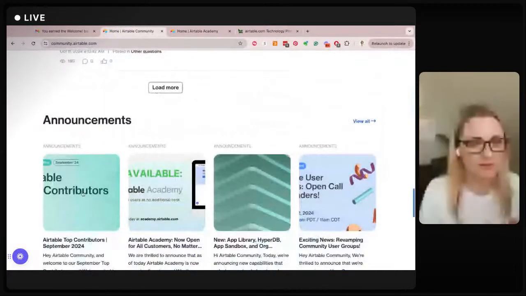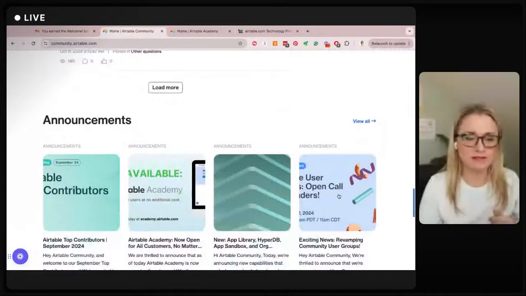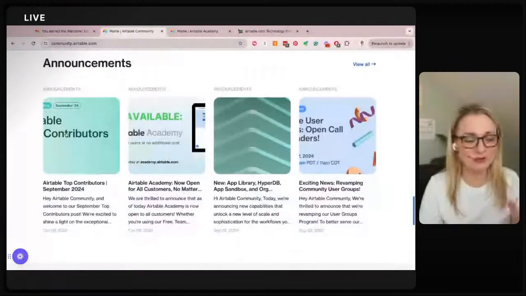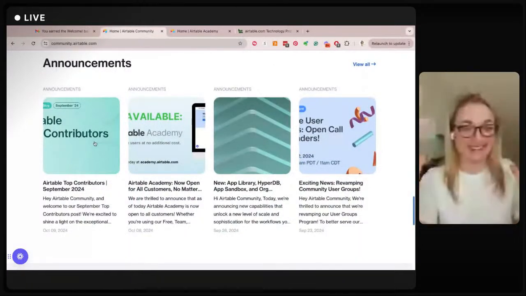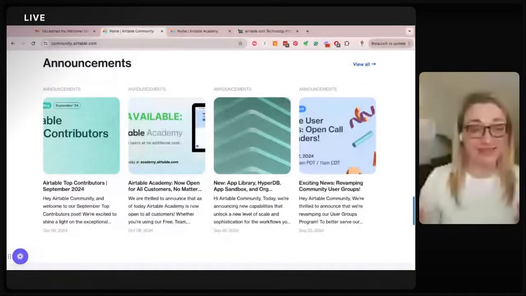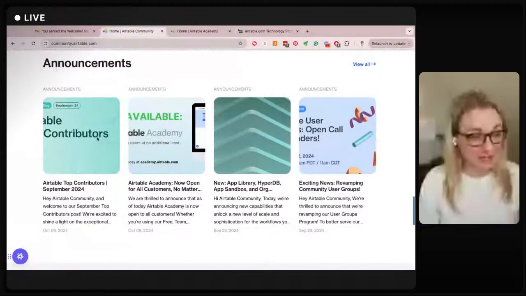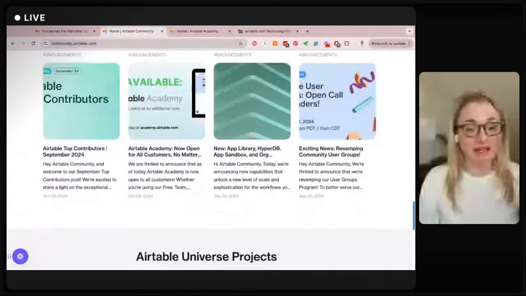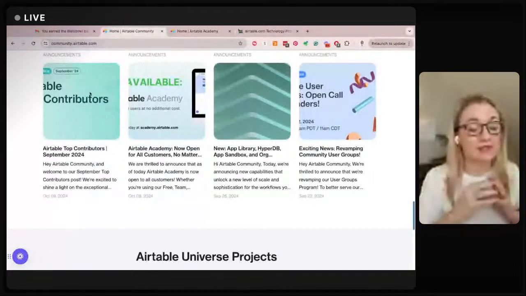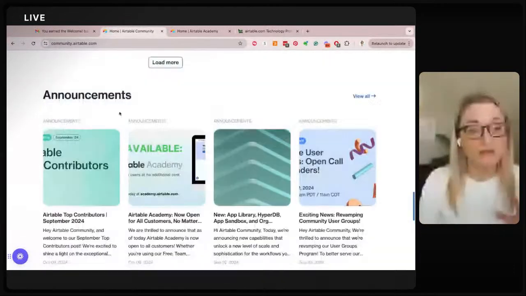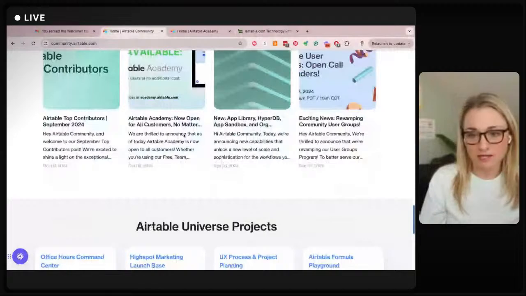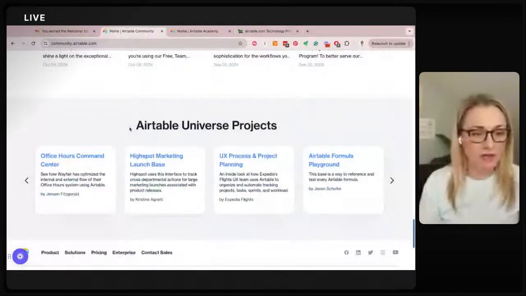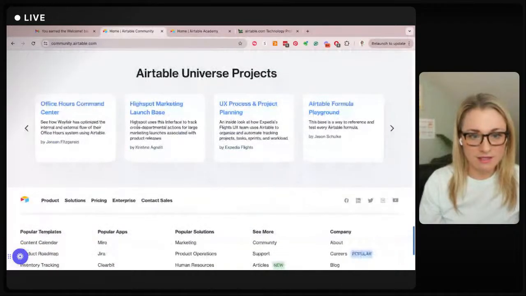Announcements, fix these. Just fix that they're square layouts, just fix your layouts. It's not a huge fix. Okay, let me say that again. No shame, no judgment. This might be a whole design thing that I have no idea about, and that would be very typical. Work with your design team if you need to, and see if there's something like a quick Canva template you can set up to make sure it's always square and always fitting here. Because when I see this, my eyes just gloss right over it. I can't read it and it looks a little sloppy. For a company of the caliber of Airtable, I don't want to see that. And then you can see here, they're pulling in the universe project.